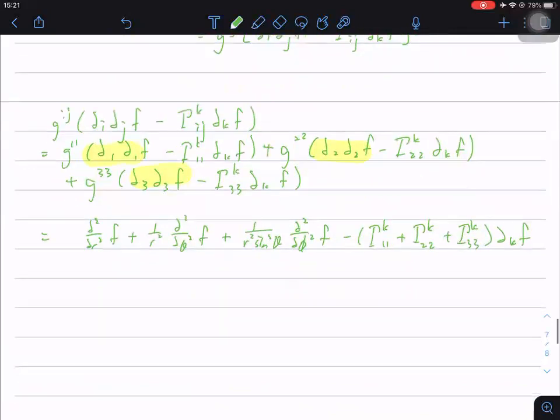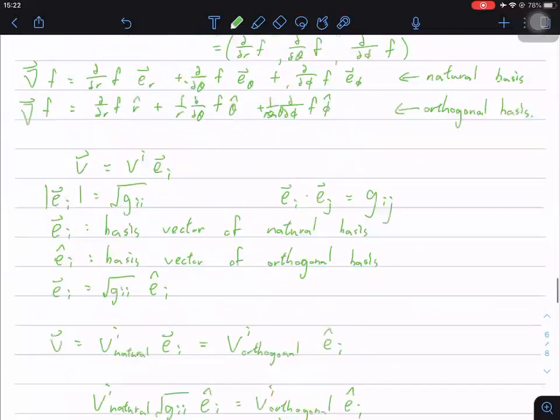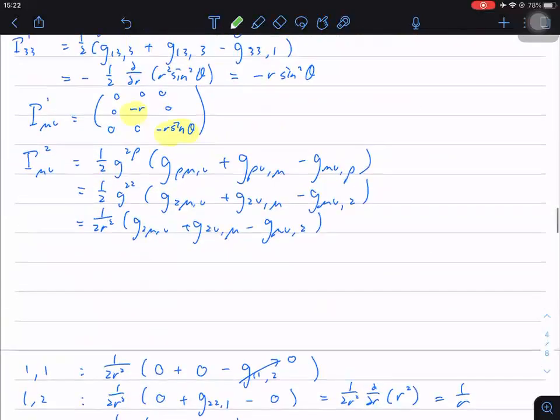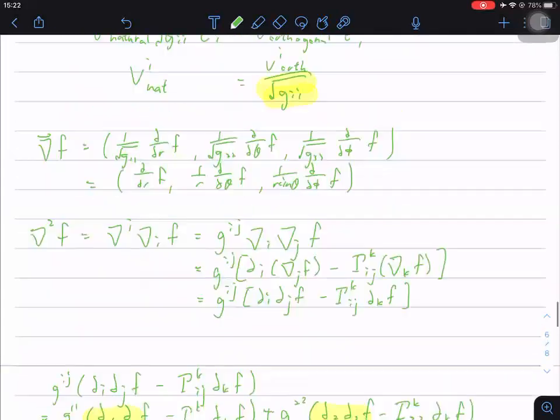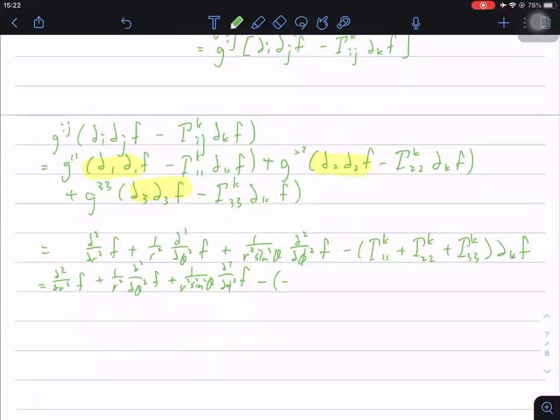So now what we have here is the first part here, minus 1, 1, 1, I believe is, okay, I forgot. Minus r, okay, minus r sine theta and minus sine theta cosine theta. So we have minus r